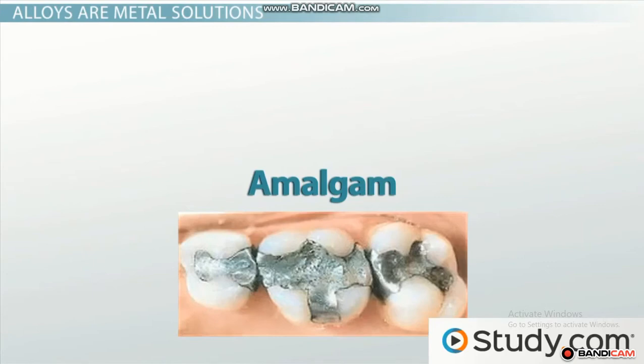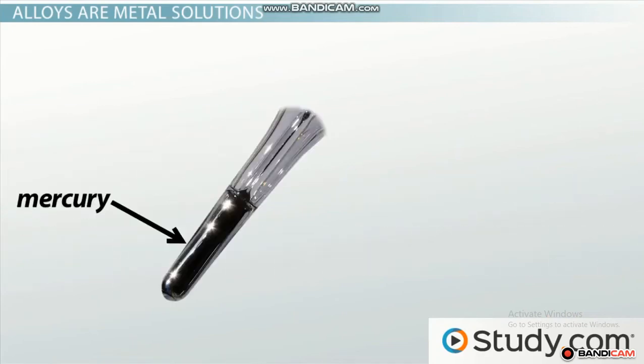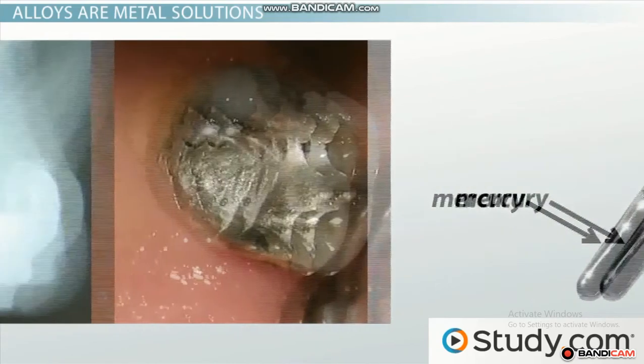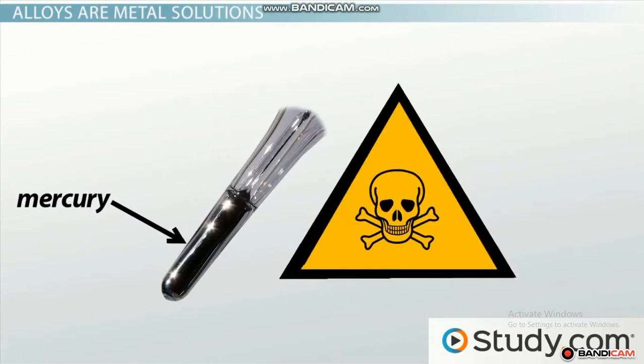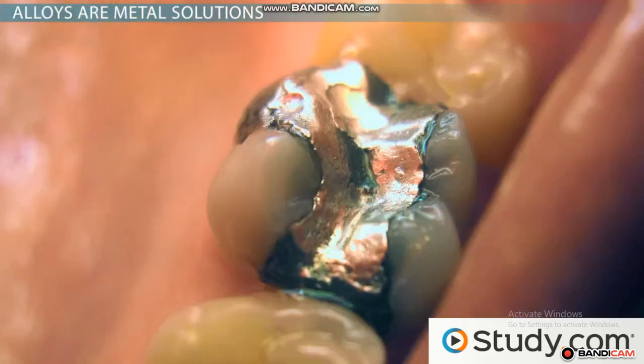An amalgam is a type of alloy that you may be familiar with if you've ever had a filling put in your tooth. This is a solution of mercury and another metallic element such as silver. Mercury is liquid at room temperature, and when initially mixed with silver, it creates a very soft but solid solution. The amalgam is put into the cavity in your tooth, and after a while, the mercury works its way out of the solution, leaving the silver behind as a solid filling. Mercury is quite dangerous, though, so many dentists have stopped using amalgam fillings in order to avoid the risk of mercury leaching from the filling and into your mouth.